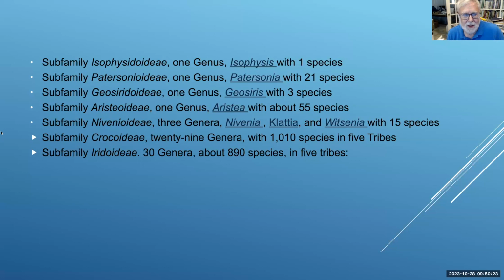Some of them were actually divided off into their own families at one time or another. And there's only, as they say, 66 genera. I'm going to try to show you a little bit of almost every one of them. So we're going to have to go fairly quickly through the different genera, but nonetheless, I wanted to give you an idea of what's there. Next slide. We'll start with